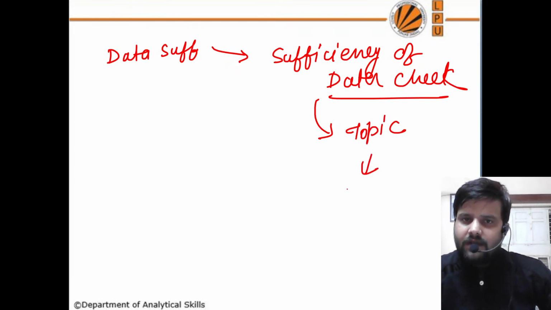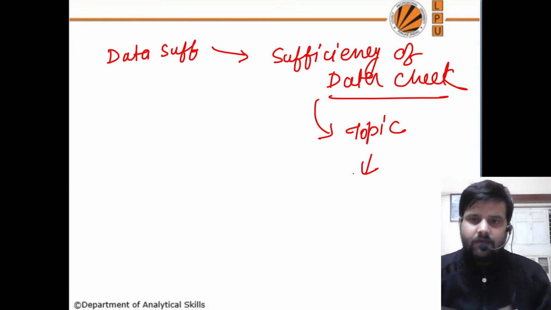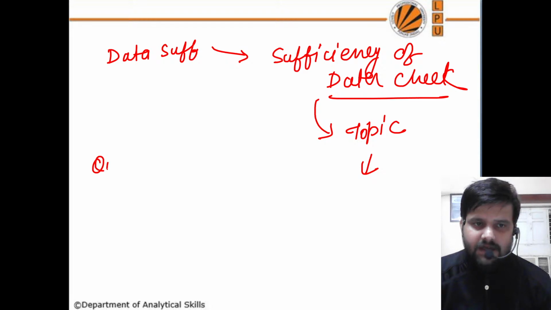Whatever topic you have studied, questions can be framed in data sufficiency from those topics. It can be from profit and loss, or any topic of reasoning, seating arrangement, comparison, ranking and all. So now the question format is, they might ask you a question